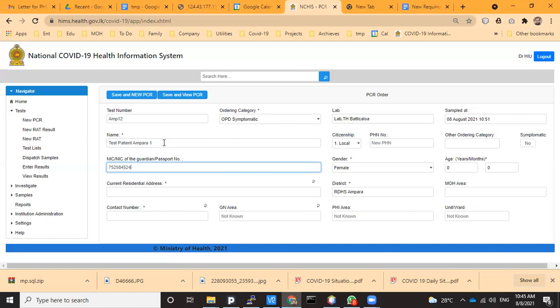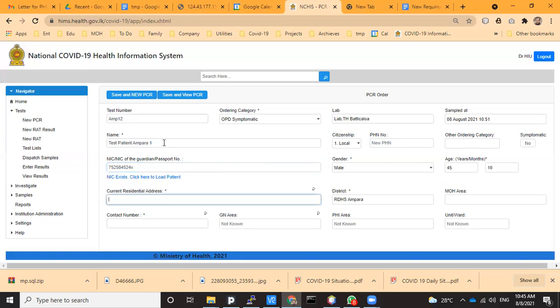Yeah, most of the time you don't get the NIC of these people. Some forget it, and most of the time they don't bring it. In that case, if they have the NIC, it will generate the age and sex. And if that number is already there, it will be listed here. Then we can load the data from here.